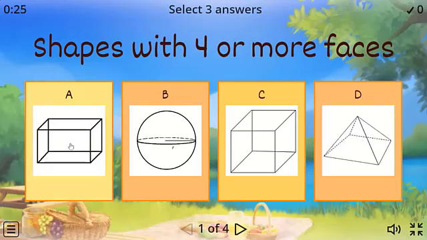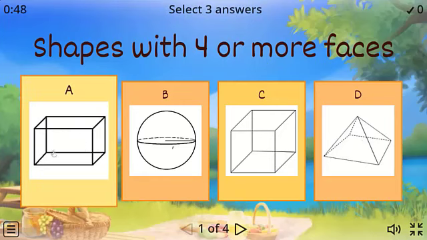Let's start. Cuboid. The cuboid has 6 faces, and 6 is more than 4. I want you to keep the word "more" in mind, and know that it means more. So I'll choose cuboid